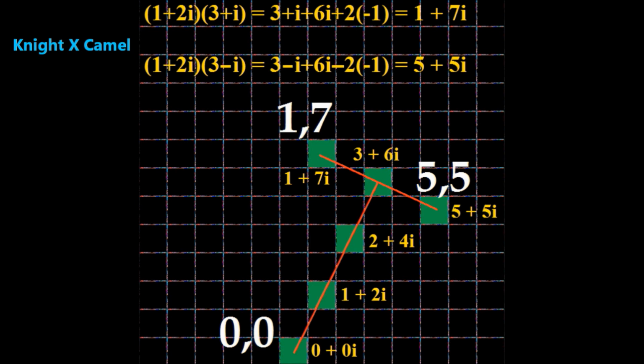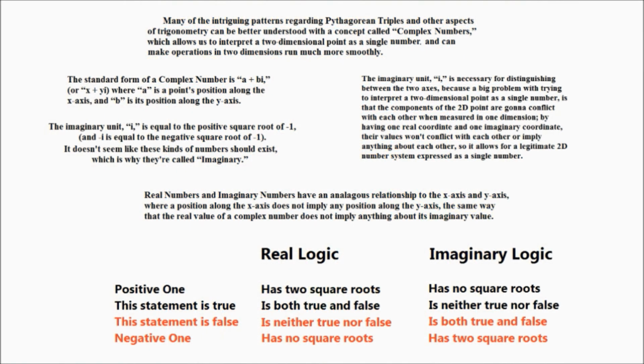Real numbers and imaginary numbers have an analogous relationship to the x-axis and y-axis. One way to understand the paradox of an imaginary number is to compare it with the paradox, "this statement is false,"